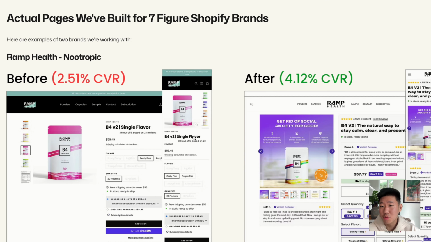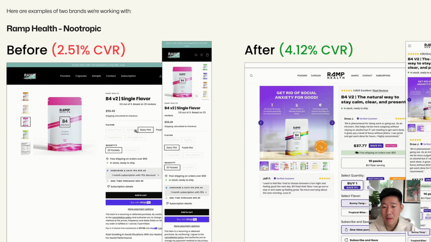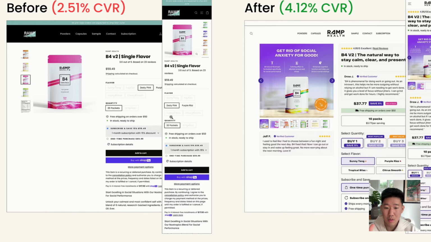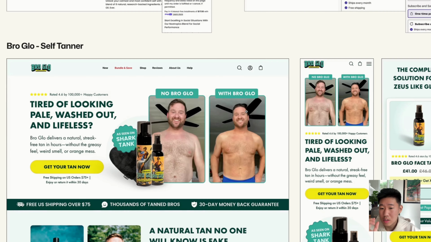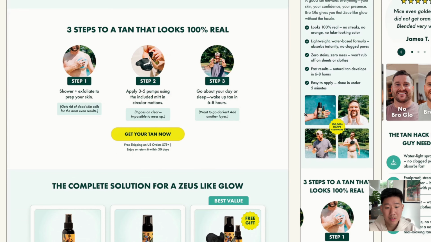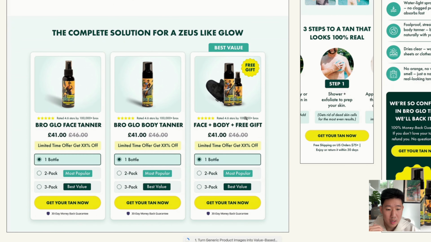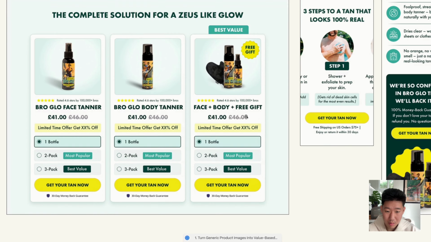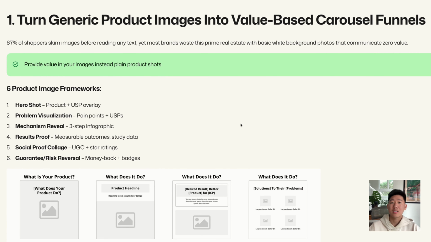So here's an actual page we built for 7-figure brands. This is Ramp Health, which increased conversion rates significantly with better pages. This is BroGlow, a self-tanner brand, and this is just an example of a landing page. Some of these elements that you see, we're going to go over. So this is just to show you that I know what I'm talking about. We've done this for so many years, and yeah, so let's get right into number 1,